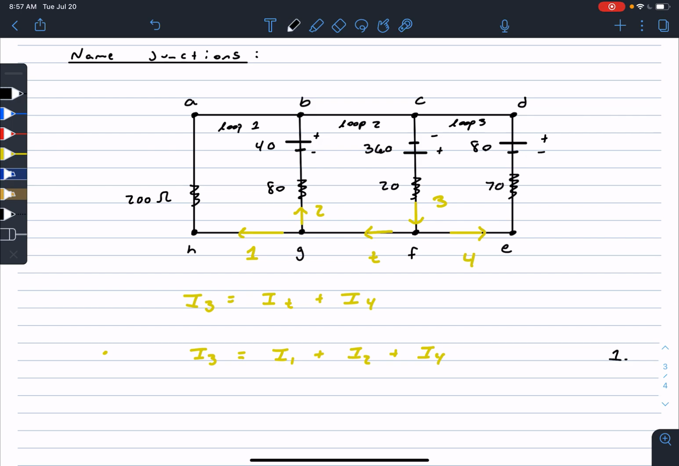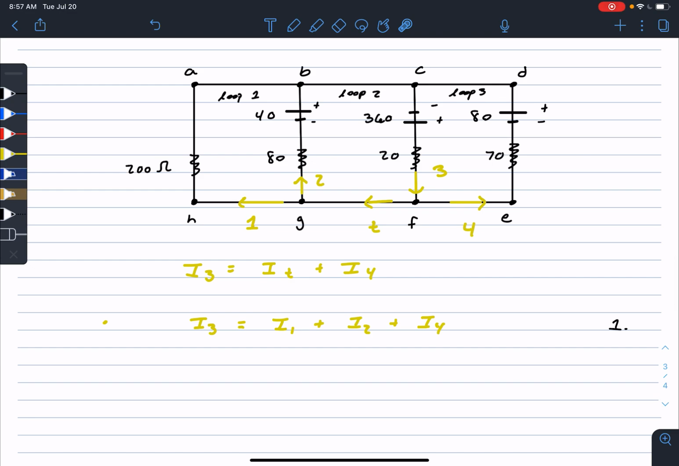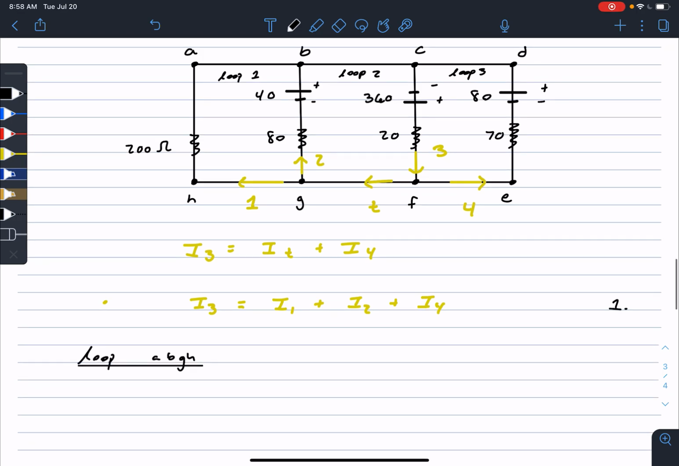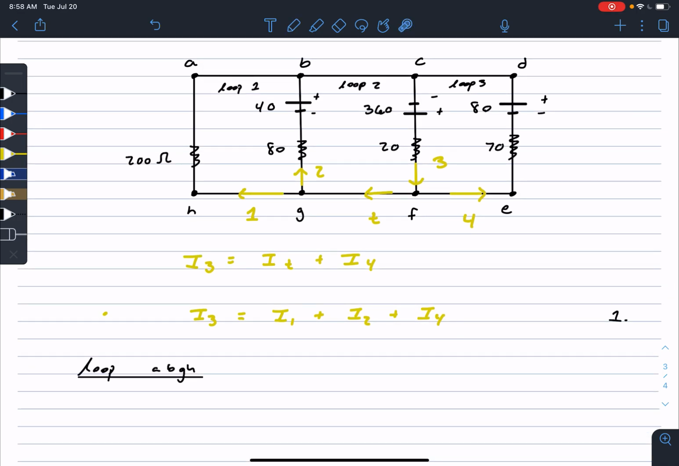So let's start with the loop on the left, loop A, B, G, H. Now what we're going to do is pick a direction and traverse this loop in that direction, using the rules that you can find in the book. In my version, it's on page 600, figure 18.14, but the section is 18.4. It describes all of this. So as we're traversing the loop,